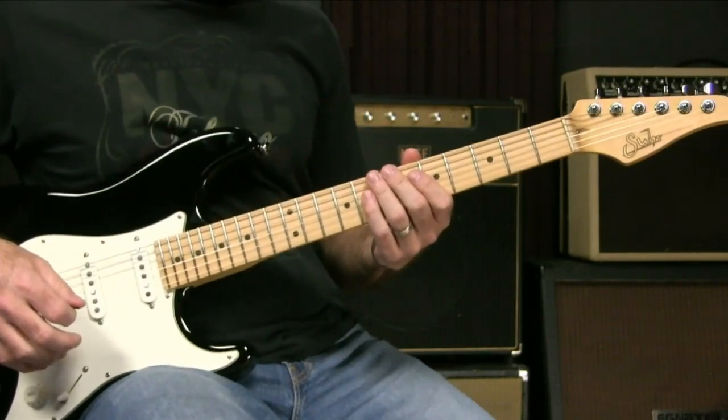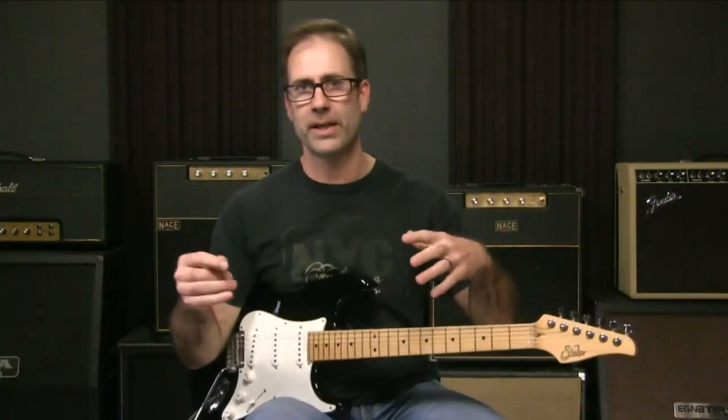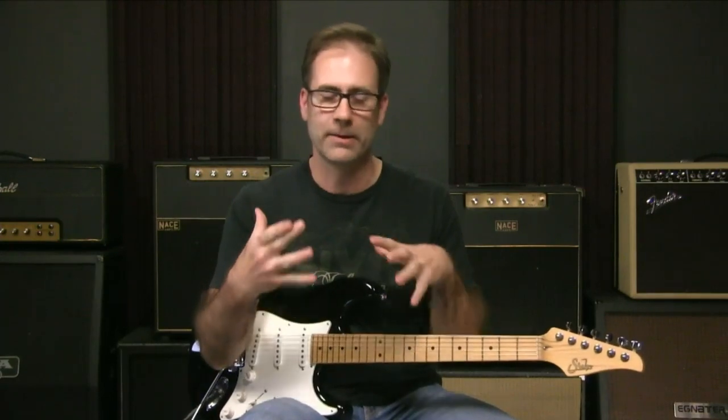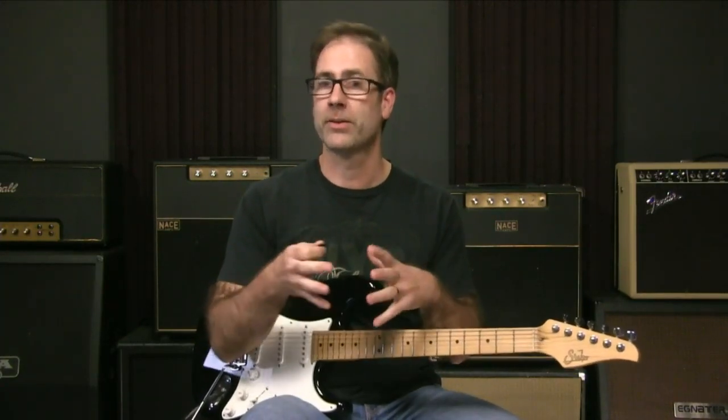So if you were going to practice this, I think it's important to remember this is an approach, right? This is an idea. There's no specific lick here, so we're talking about an approach. So how are you going to practice that? Well, I played a 12-bar blues into my looper. I'm going to solo over it. I'm going to kind of try this out a little bit, right? So what I'm going to do, and what I encourage you to do,